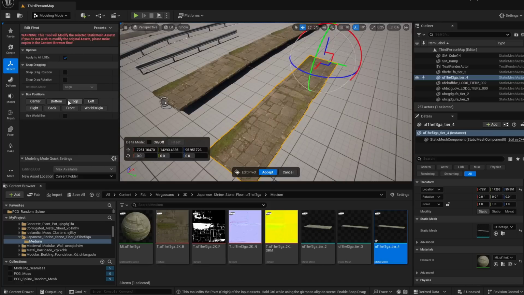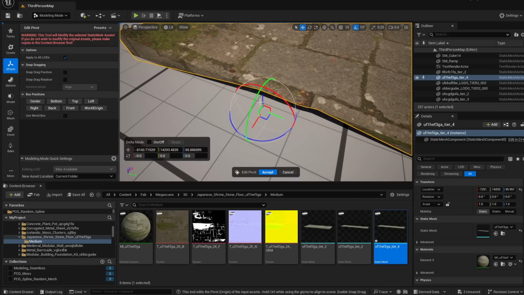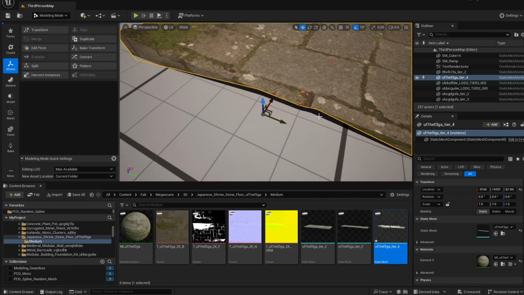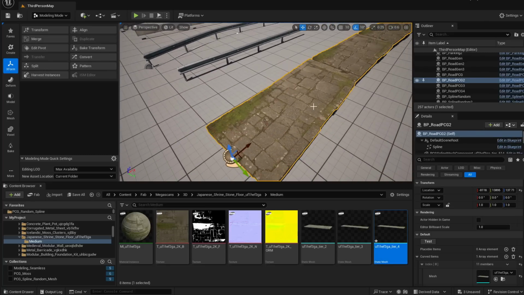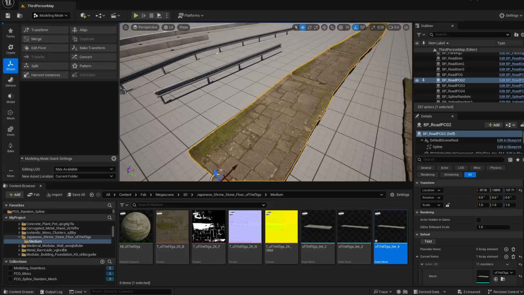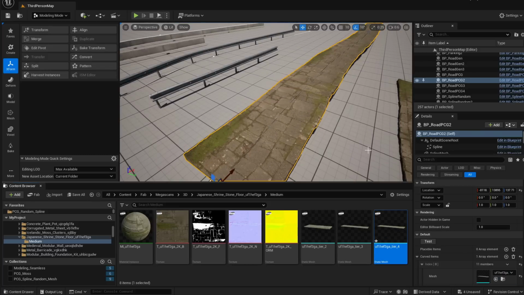I didn't accept maybe the change to the pivot. Let me go to the back again. I'll move it a little bit down. Accept. Okay. So right now, if I replace this spline mesh with this newly created mesh we have here, you